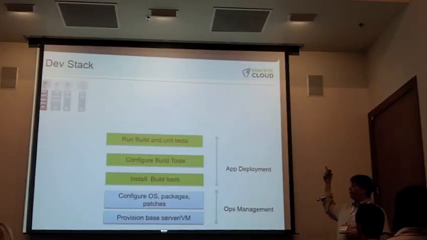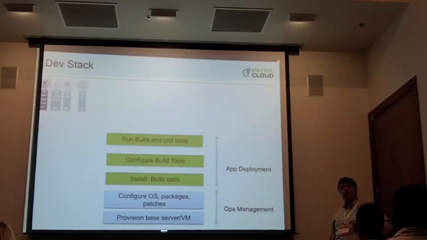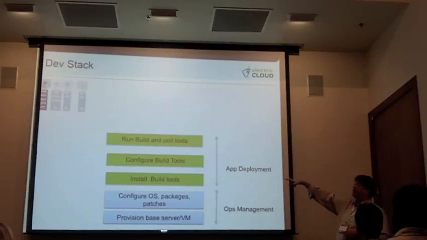You've got build tools that need to be installed and configured, and then you need to run the build and, say, unit tests. And you need to do that often, because we're agile, right? Cycle times matter. If you have a 6-hour build and test cycle, you're going to have a tough time being an agile shop, because the time from when you check something in to when you get the feedback is too long. So you need to get those cycle times down, and you need to manage those things.